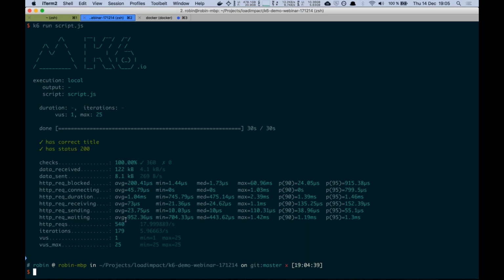K6, as I said, when you're running K6 tests like this, you can choose where you get your output. So we can also very easily say that we want to get the output sent to the cloud. So then we add this output option and specify cloud. And for K6 to be able to communicate with the cloud, we have to set up access to an API token. So I previously set up an environment variable, which is called K6 underscore cloud underscore token, which has the value of my version 3 API token. So it's already available here. So if I execute this now,